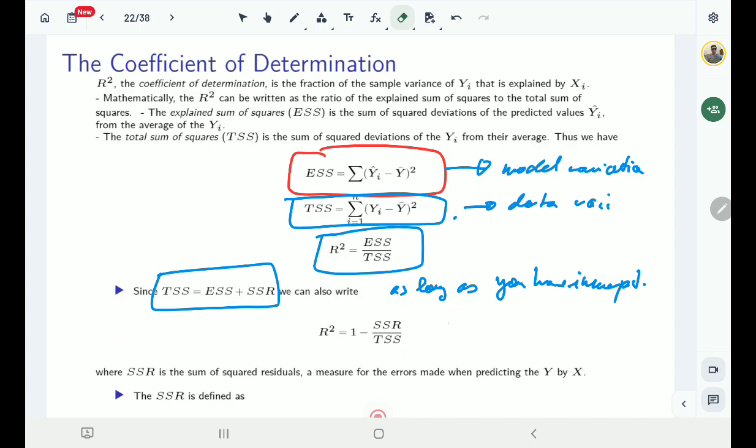Okay, so as long as you have the intercept in the model, this equality TSS equals ESS plus SSR will hold. And if you do some manipulation, if you substitute for ESS,